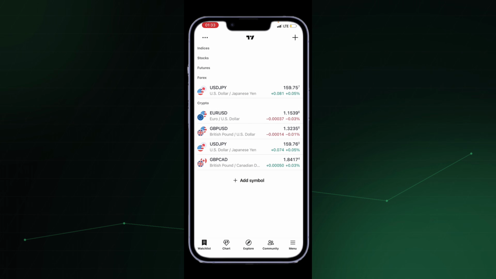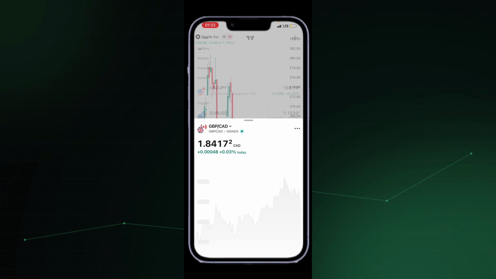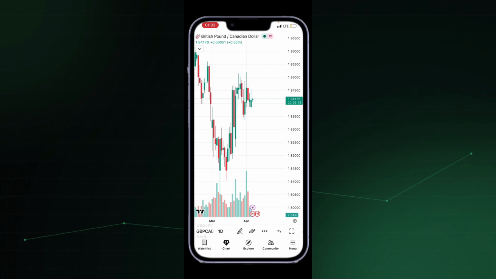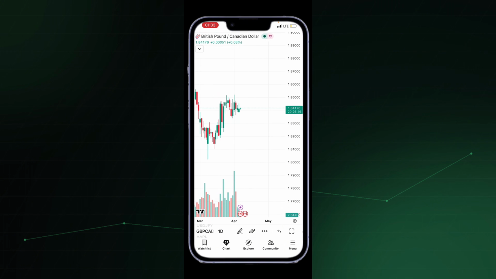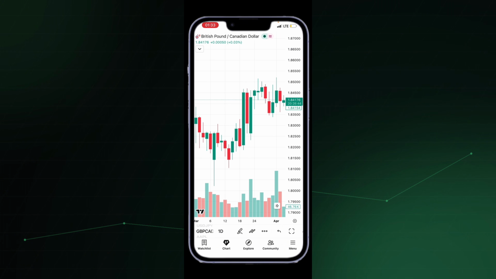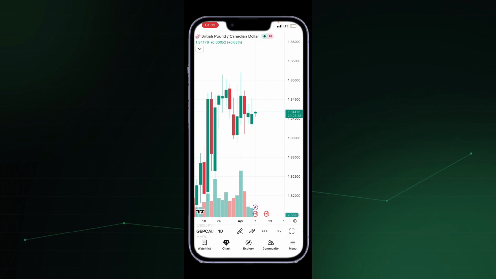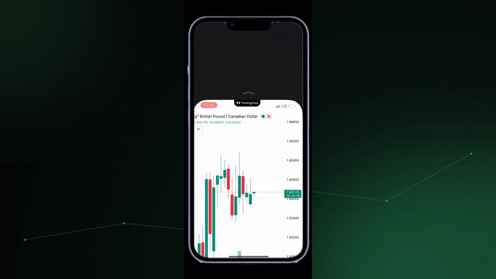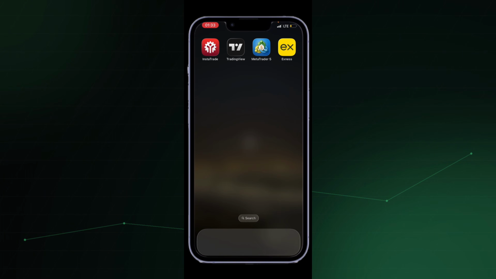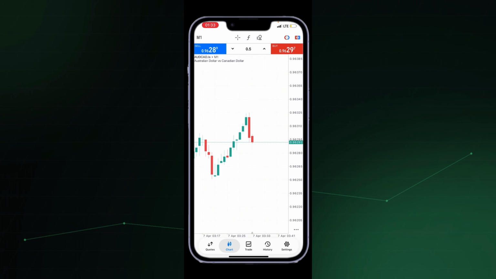What this is mainly for is to do your trading analysis, right? As you can see, this is similar to TradingView. It has the green and red candlesticks, but the only difference is that we use this to analyze. We don't place our trade here, we just use this to analyze, and then we go over to MetaTrader 5 and then we analyze from here, right?